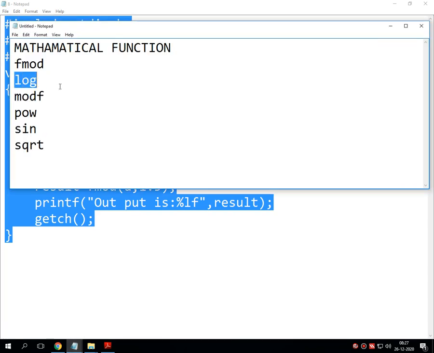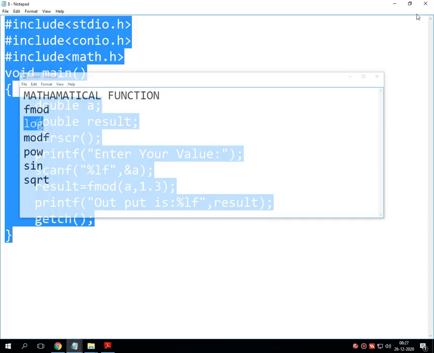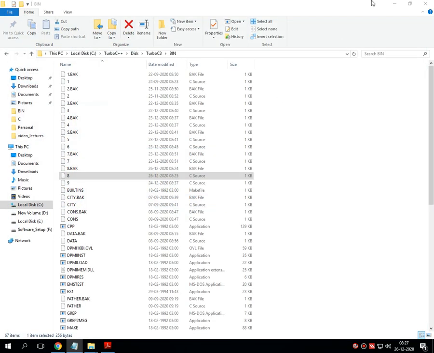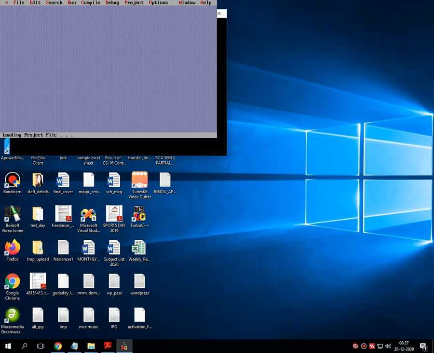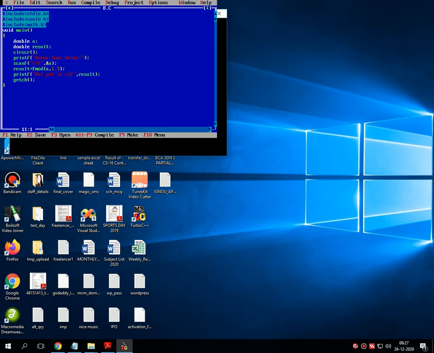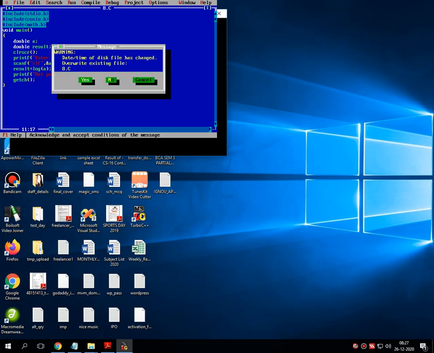Now let's check the second function, that is log. By simply modifying just the function name in the entire code, we can have a look at the functionality of log. So what I am doing is I am going back into the C, then I am changing the function name to log, and I am passing a parametric value called a.